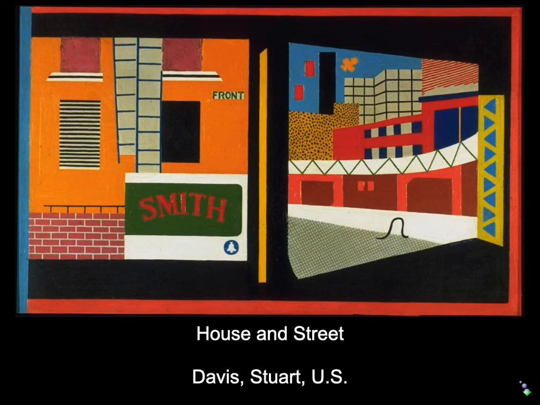Now, let's let him take that up in a more complex way in this painting, House and Street. This is from 1930. Here he gives us a full-on color portrayal of that modern experience. If you look at the outer framing of the painting, you see 3 red border lines and 1 blue border line. This creates a contained rectangle. Within that, you see a black framing. On the left, it's square. On the right, it's trapezoidal.